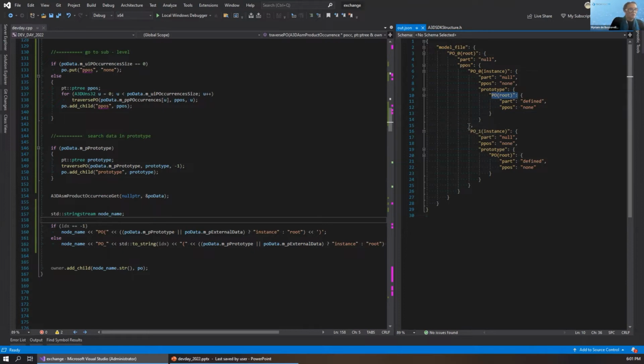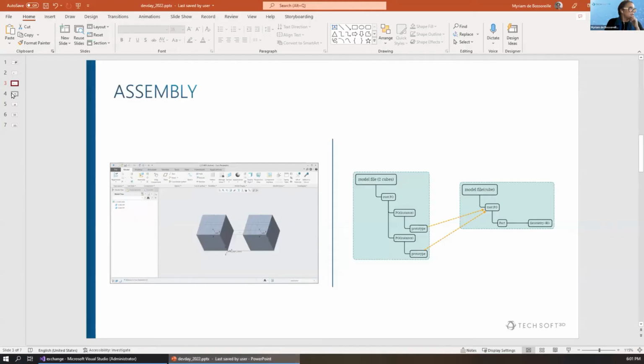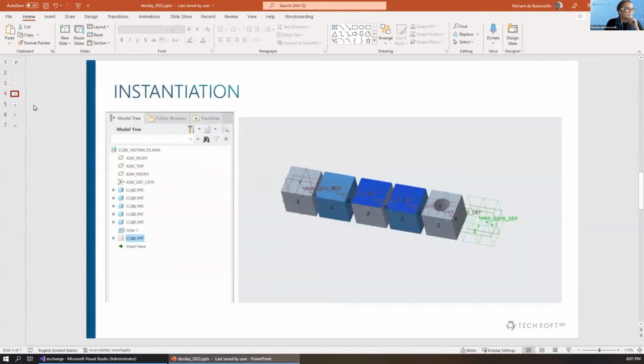Okay, so we can see that all this data could be retrieved in the part files, and the data above are defined in the assembly at the assembly level.